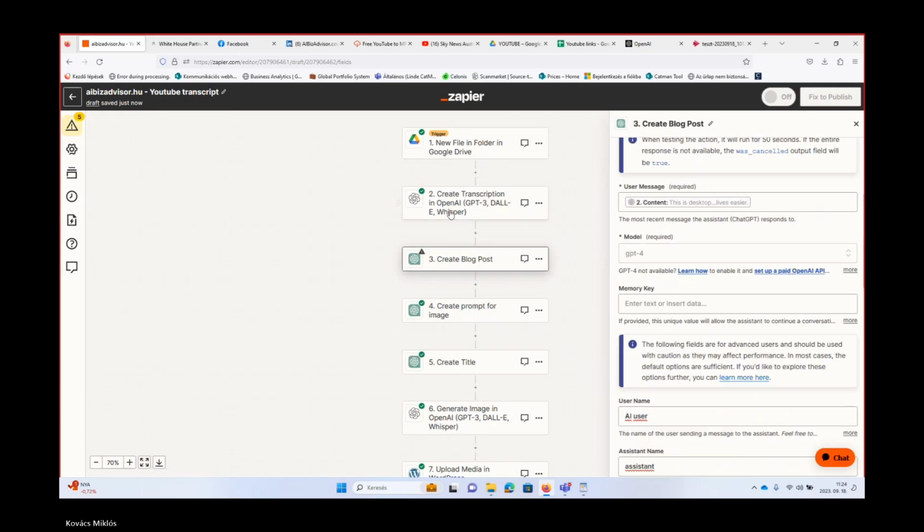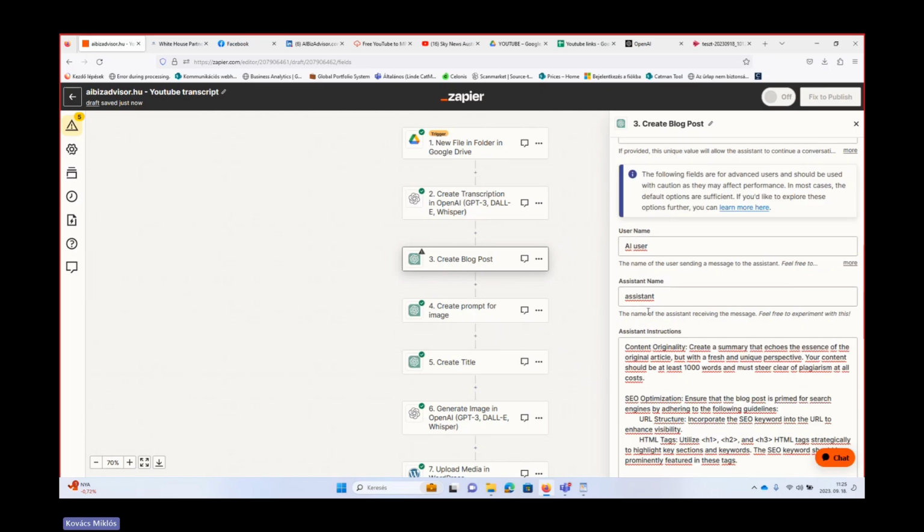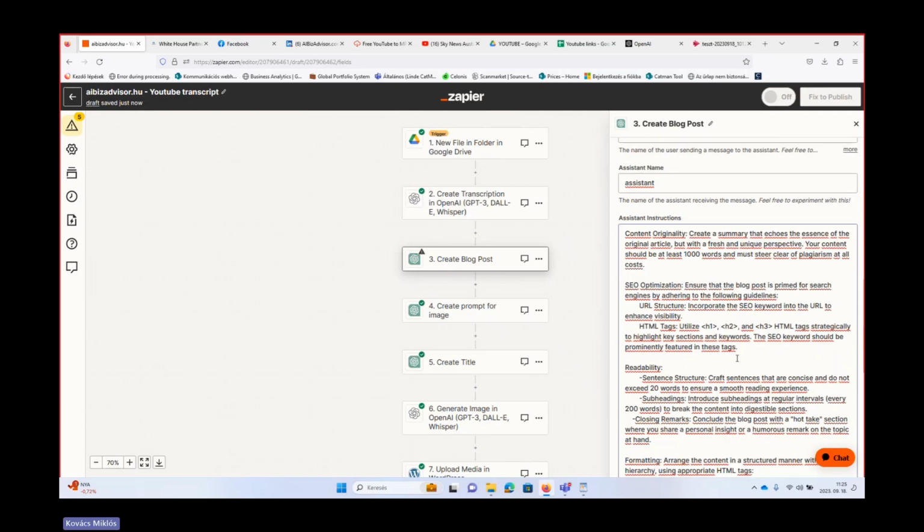So we transcribed the MP3 file, and now we are giving it to ChatGPT to create a blog post from it. Now we probably need a small adjustment to the prompt, but basically it could even work like this, right?